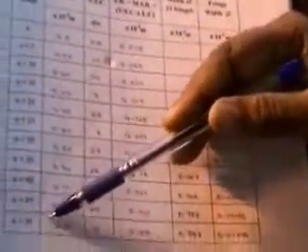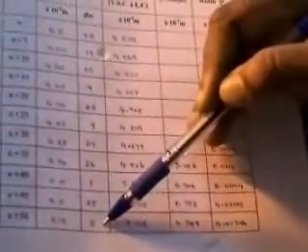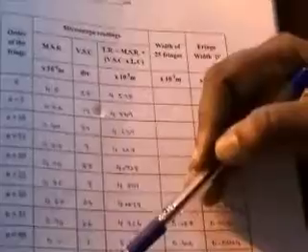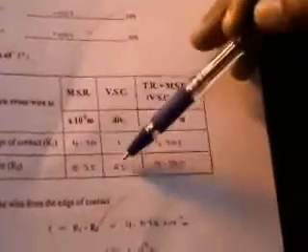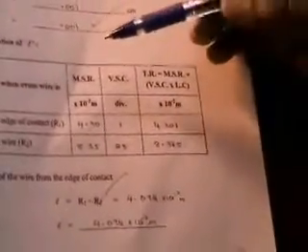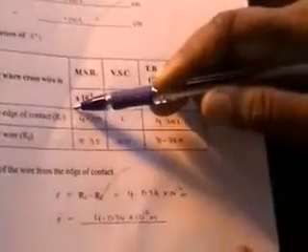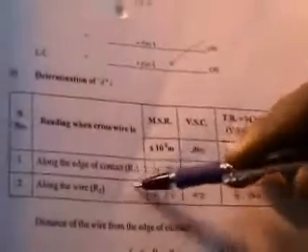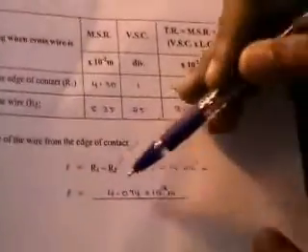After completing the n plus 50th fringe, record the reading for the wire as already told in the previous tabulation as shown. Here you can see along the wire the main scale reading and vernier coincidence. So finish our experiment in one shot. Edge of contact R1, then fringes from n to n plus 50, then move to the wire as I have indicated already. The length of the wire, or distance of the wire from the edge of contact, will be the difference between the two readings R1 and R2, which can be computed as shown.